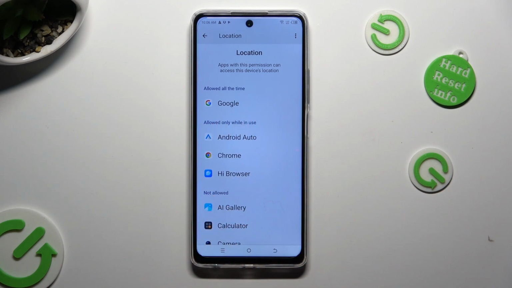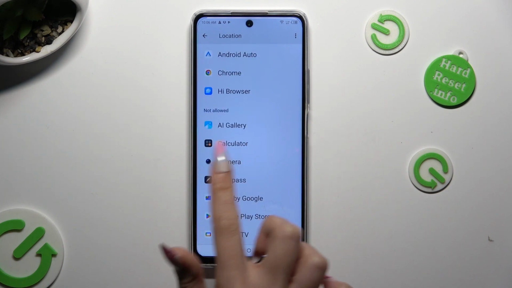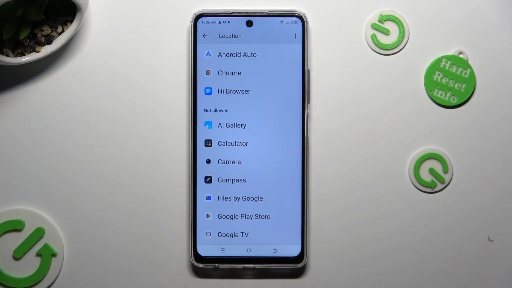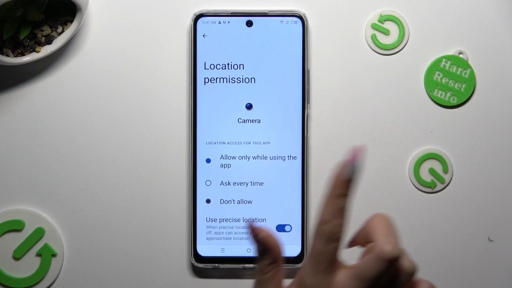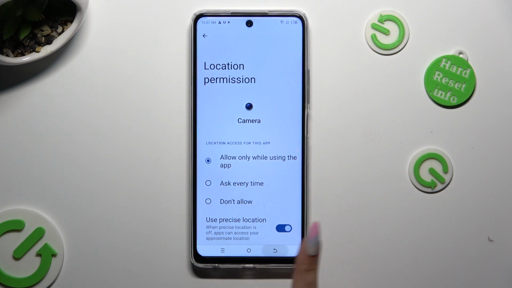Allowed all the time, allowed only while in use, or not allowed. I will go with camera from not allowed section and click on one of those options to apply the best one for me. Allow only while using the app, ask every time, or don't allow. I will go with allow only while using, so when I click and go back,